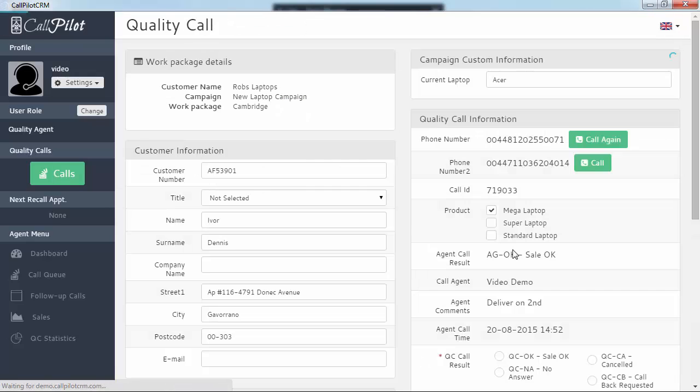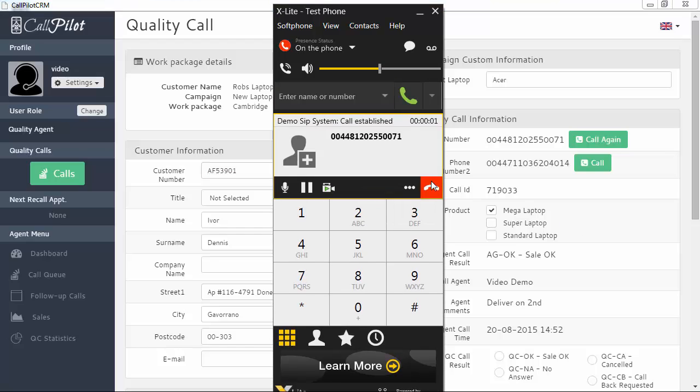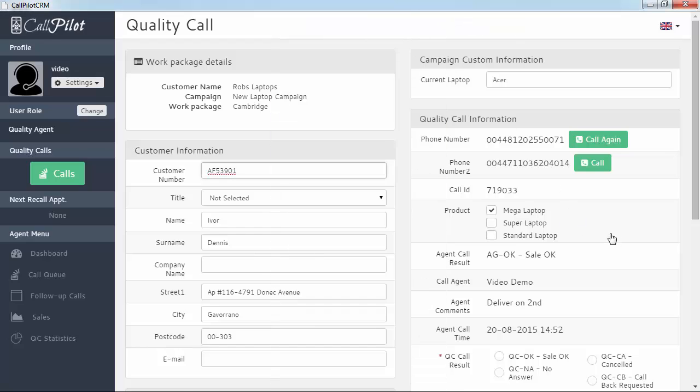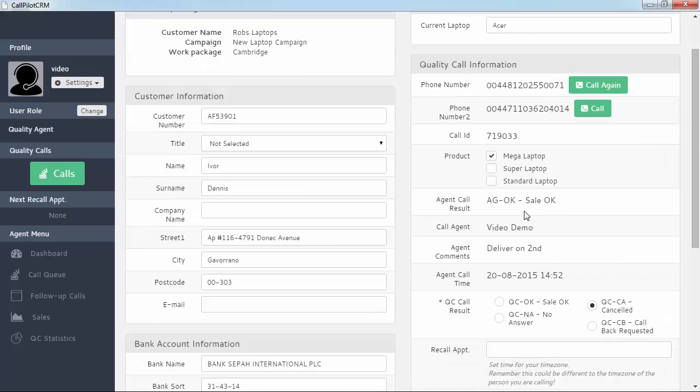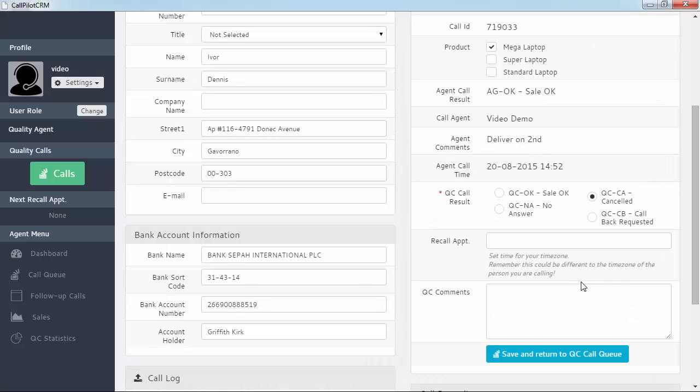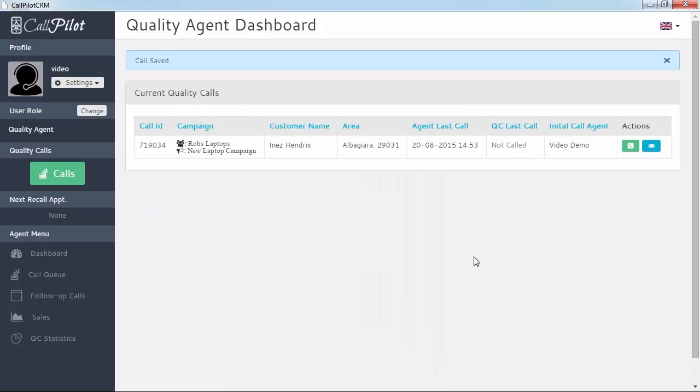So let's call Ivor, and we call Ivor and have a chat with him. And what we find out is Ivor actually has changed his mind. So he decides not to carry on. So we put him in as a cancelled. Didn't understand the offer properly. Now we're putting these QC comments in here so that we can feed back to the agents about what it is that went wrong with the sale. So we save, and that goes back then